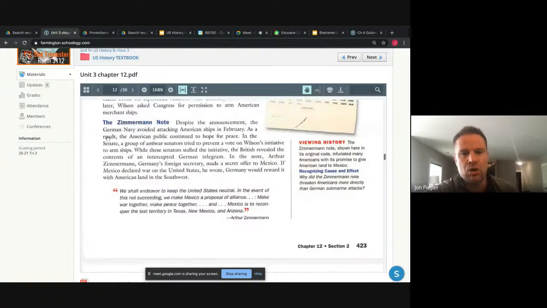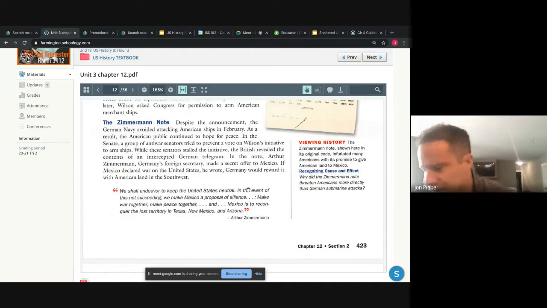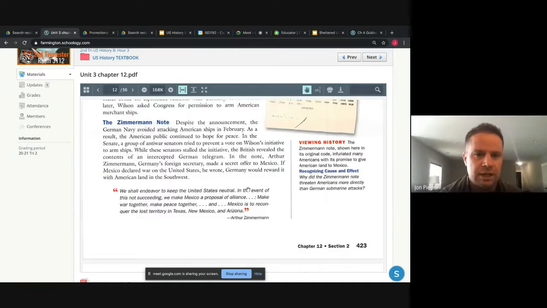The Zimmerman note, I know that you guys covered that in the crash course as well, but if you like conspiracy theories, I hope that you're into the Zimmerman note, okay? Because this note was supposedly intercepted. Well, it was intercepted, I guess, but I kind of like playing off the conspiracy theory here that Germany sent this note to